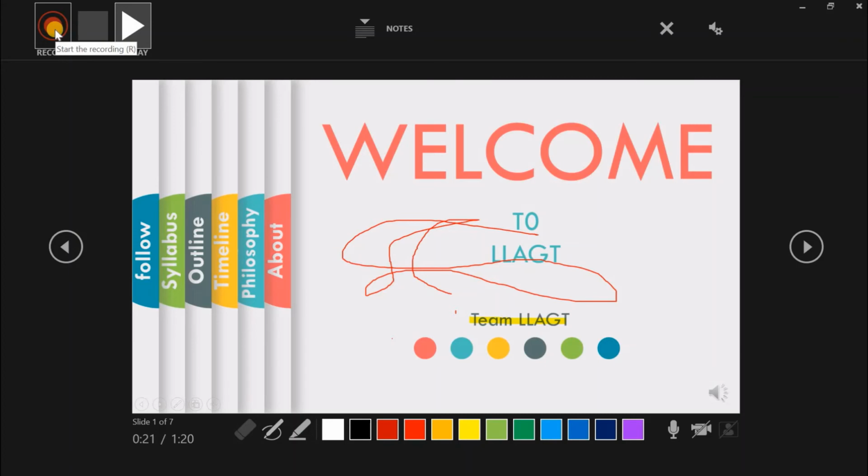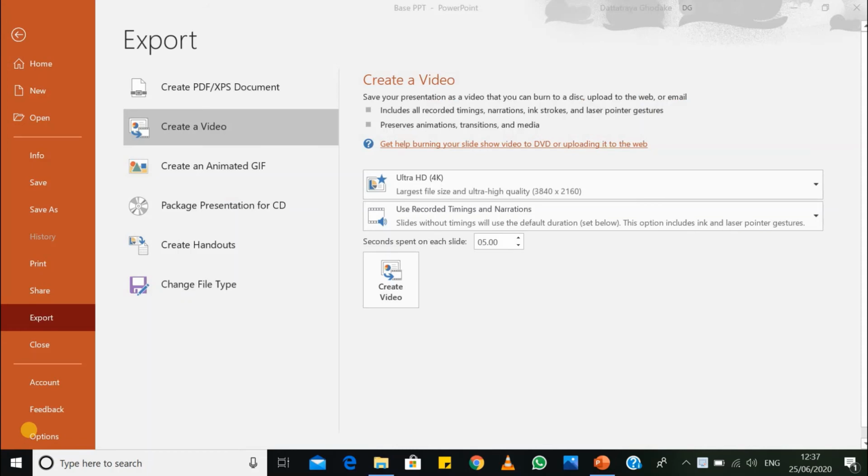It is not compulsory that in one stroke you have to record all the slides. It is not compulsory at all. One by one you can record for each slide and move ahead. Like this, suppose you have completed recording the audio explanation for each and every slide. After that, after pressing the escape button, you will be diverted towards the screen.